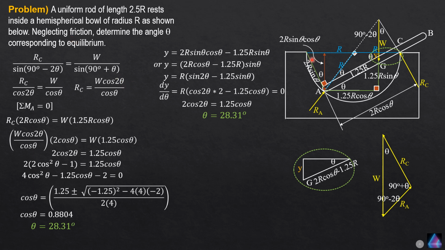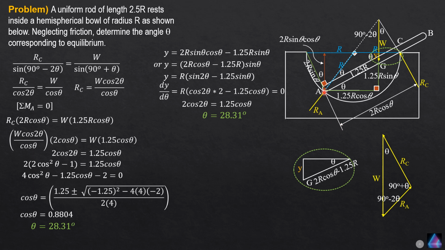So here is the original problem. I enlarged it a little bit so that you can also follow the labeling and the designation of the problem and the explanations as well as the construction of the free body diagram. So this rod is a three-force body. So we have three forces that are concurrent at this point here.